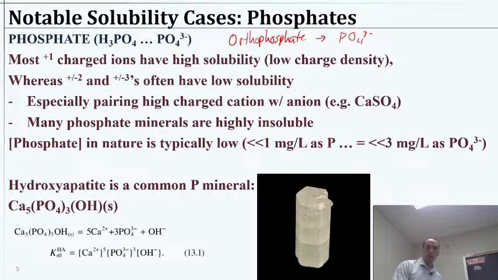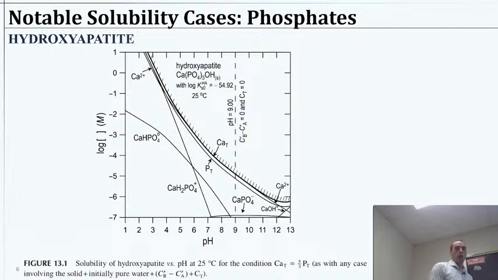Okay, so there's a hydroxyapatite mineral there as well. We can take a look at the solubility diagram for hydroxyapatite. There's actually a couple types of phosphates that might be important, so we'll look at a couple of them here. And we can see in general, we can look at the total calcium and the total phosphorus, and they are matching up nicely because if you have enough of both of them in a system, they're going to precipitate as that hydroxyapatite. You can see that as we increase in pH,